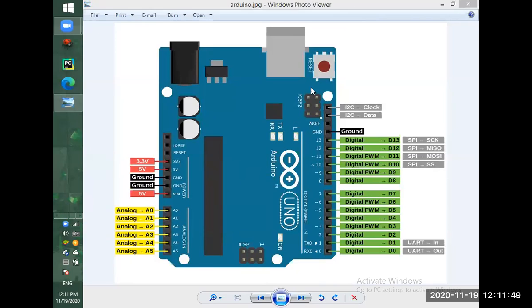We have a reset pin. If we want to start our instructions from the beginning, then we have to click on this pin and it will start. Let's see if someone has a doubt or not. Okay, good. And we have this adapter type of thing. What it does is it receives the signal from your PC. So we have an A to B connection.